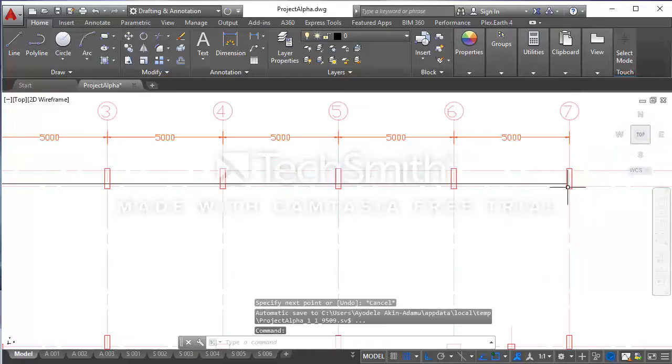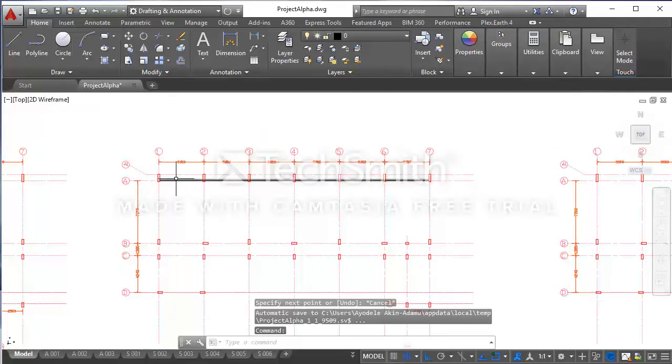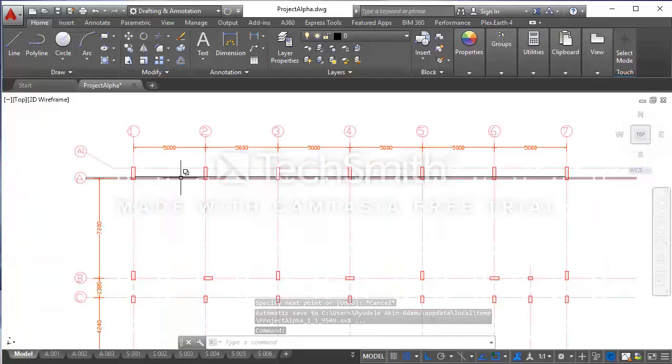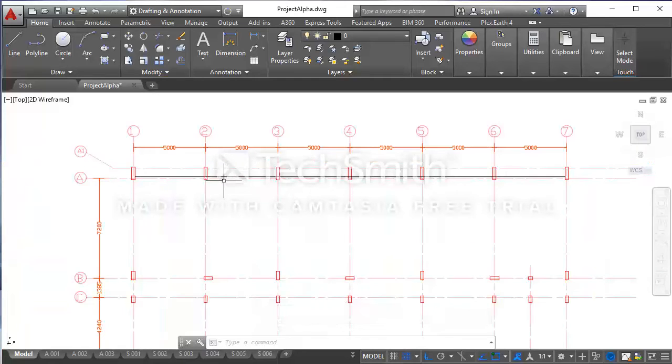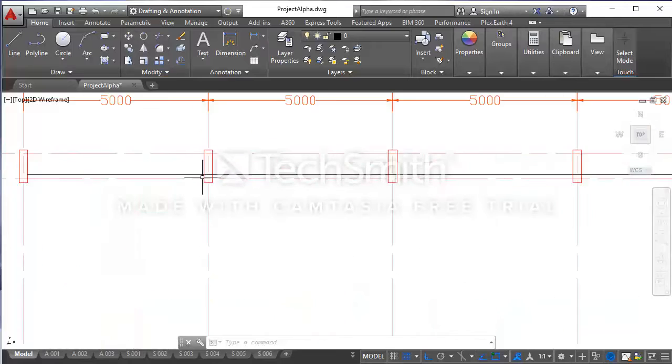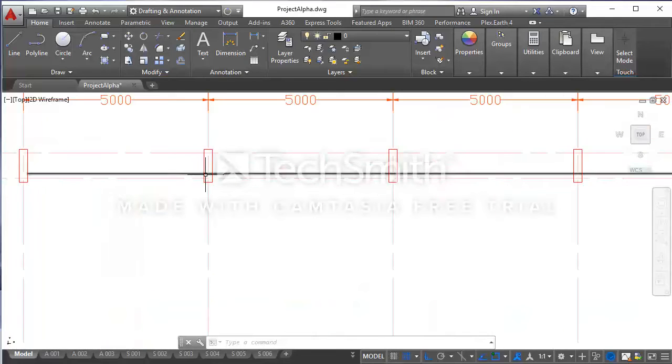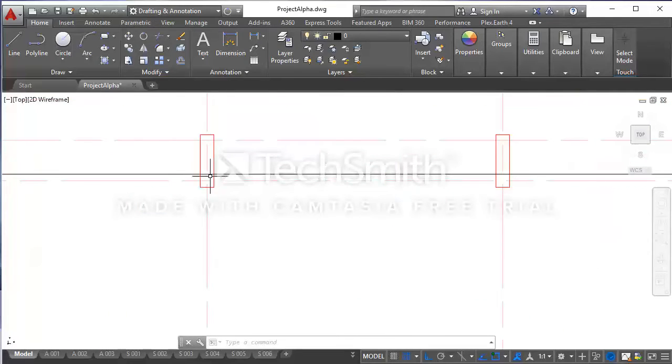So this line marks the perimeter of my floor at grid line A. So what I'll do, I'll use the trim command to trim this portion of the line within the column.